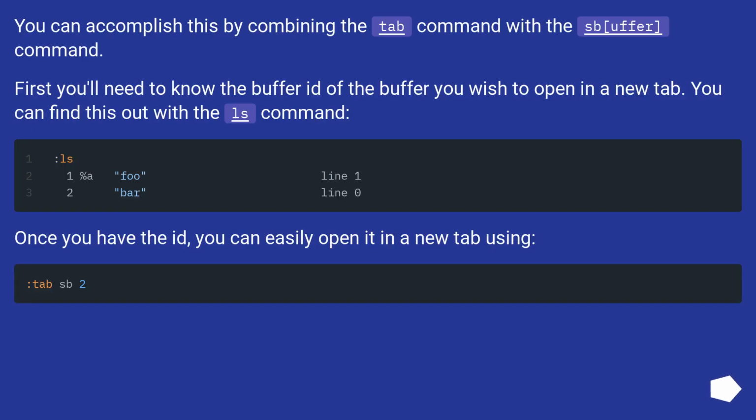You can accomplish this by combining the :tab command with the :sbuffer command. First, you'll need to know the buffer id of the buffer you wish to open in a new tab. You can find this out with the :ls command. Once you have the id, you can easily open it in a new tab using